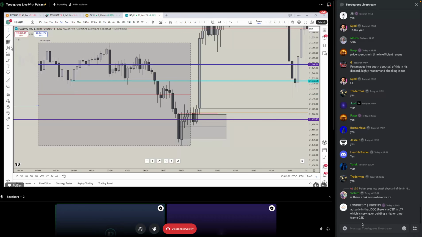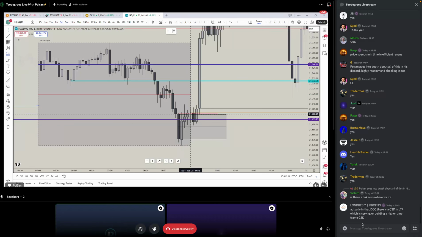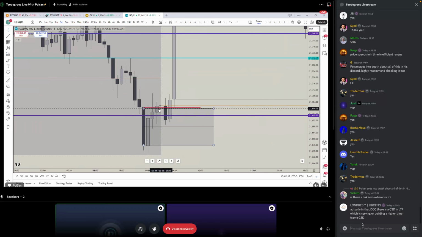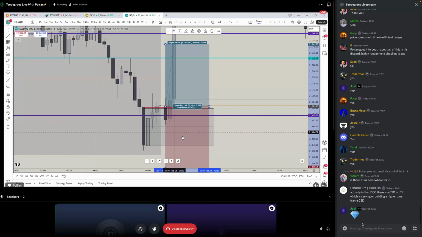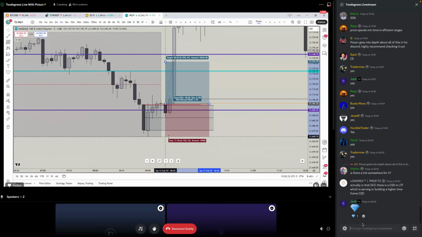I would want to buy below the opening of the candle that closed or created this change in the state of delivery. So if this is the candle right here, I want to be buying below the opening of this candle right here. So it could mean a situation where we buy below this candle, your stop goes at the lows,